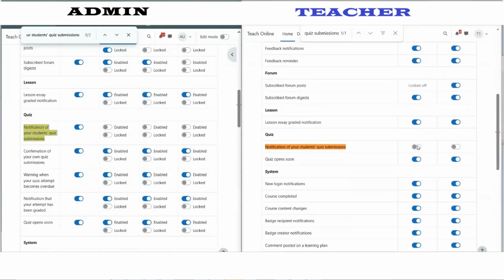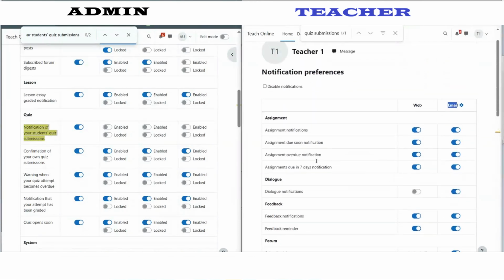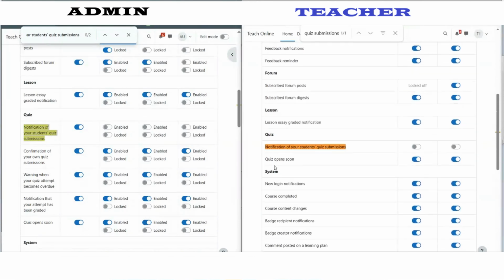So if a teacher wants the email, because this permission, not every teacher will want to have it, because if a teacher has a lot of students and every time they submit a quiz an email will be sent to the teacher, that could saturate the inbox of the teacher. Not in all the cases, all the teachers need